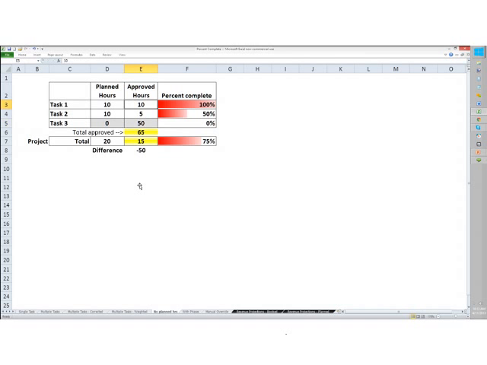Oops, I'm going to put 5 here. And it doesn't do anything to the project percent complete. It just stays right there. Why is that? Because it can't use these planned hours. 0, there is nothing to use. So if you don't plan hours and somebody works on it, that task is weighted at 0% of the project